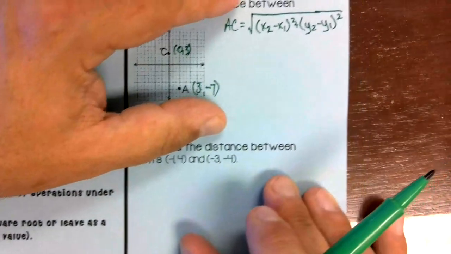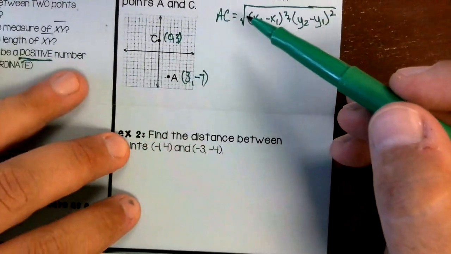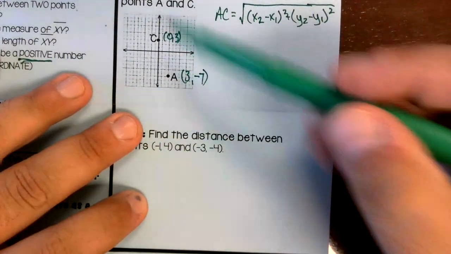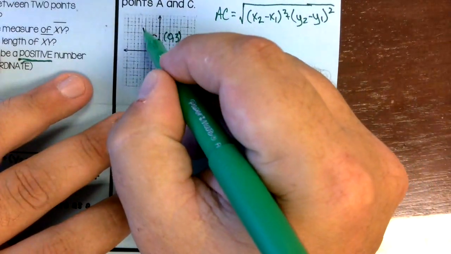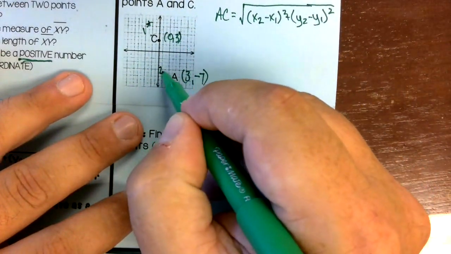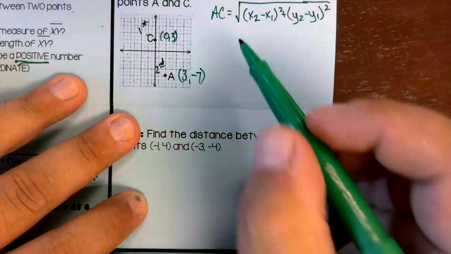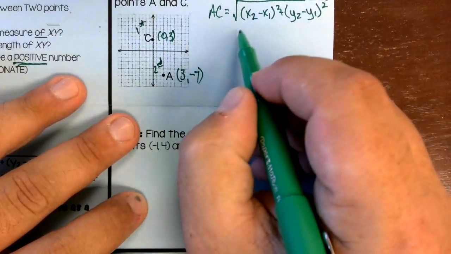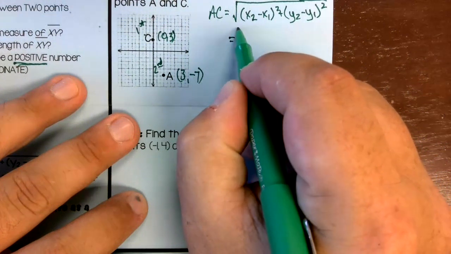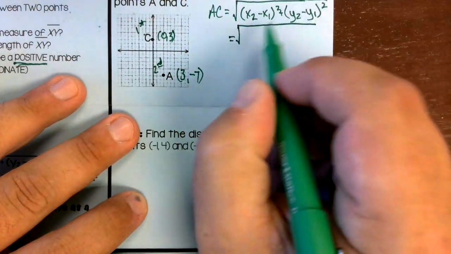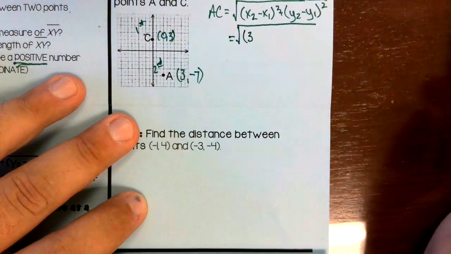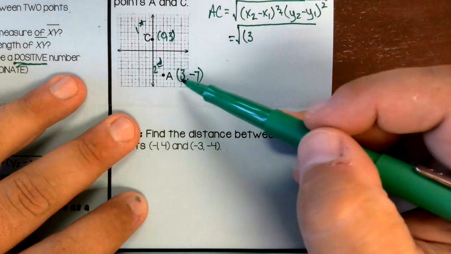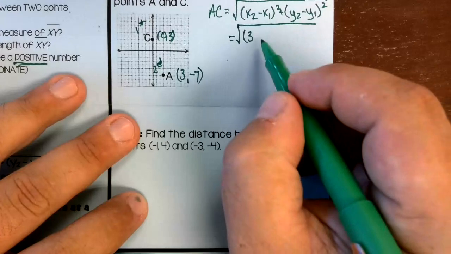So there's my distance formula. I plug stuff in. My second x value. It doesn't really matter which one we do second. I'm going to let this be my first one up here, and this one be my second. But if you wanted to switch those, you could. So my second x value is 3. But some people like to drop that square root, and that causes problems later. So don't do that. 3 minus my first x value is 0,